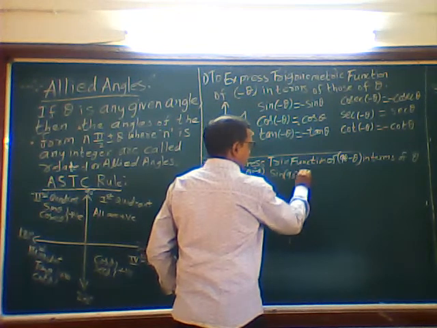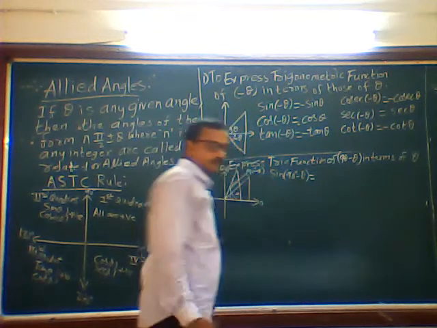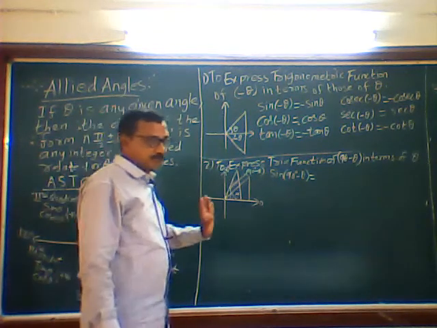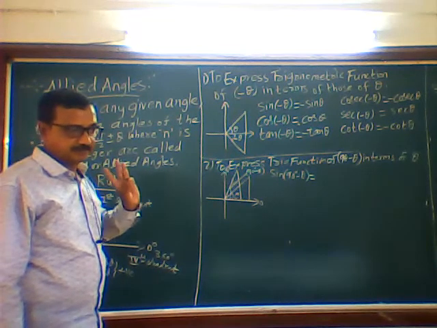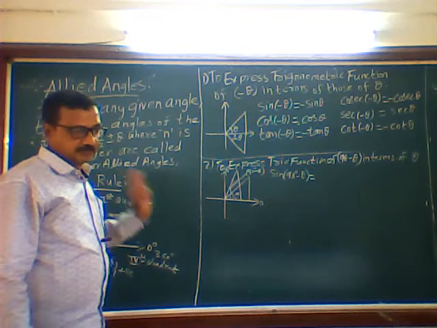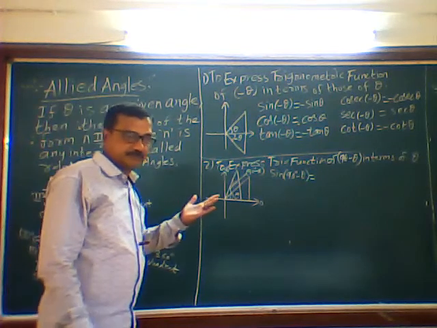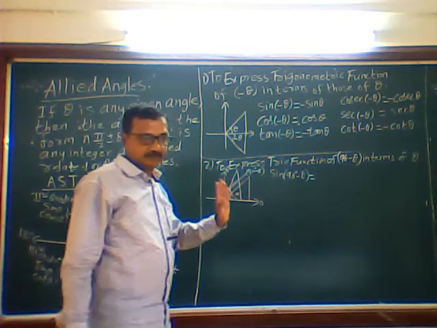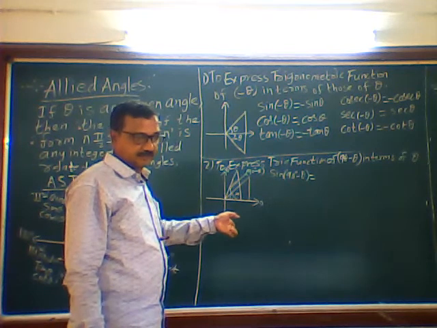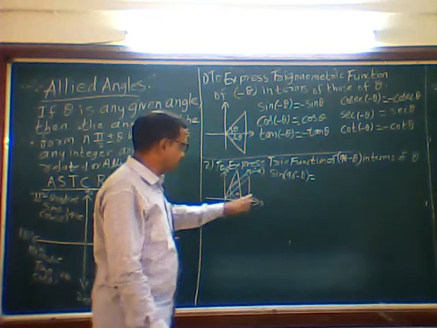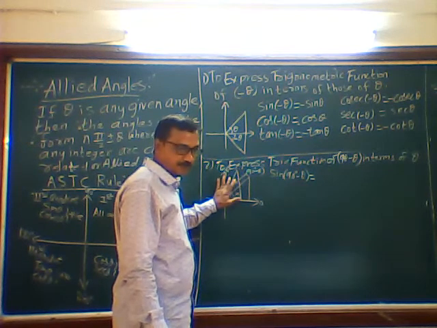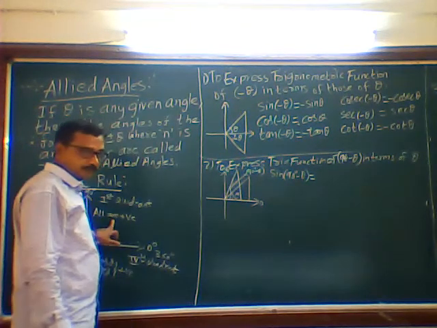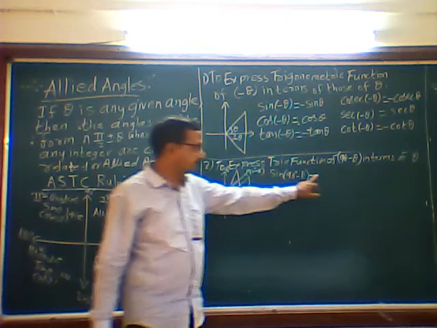Sin of 90 degree minus theta is equal to... actually, after doing everything I will give one summary. 3 points are there. I will not give it now, afterwards I will give it. While doing it I am going to tell that summary again. So now 90 minus theta. First we locate where your 90 minus theta is. It is lying in first quadrant. In first quadrant all are positive. So here plus sign.